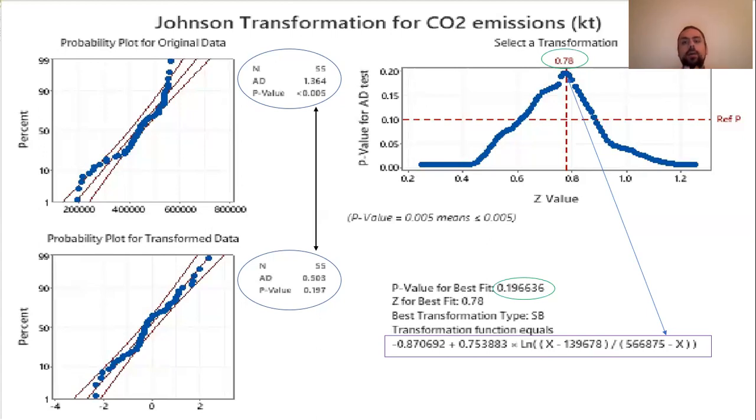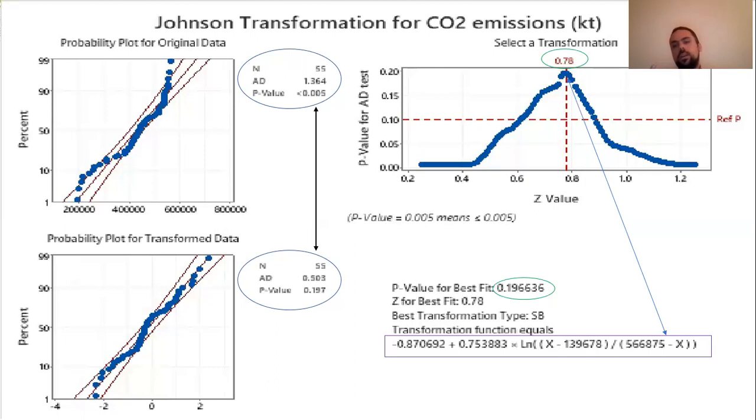This transformation happens by a transformation function equation. You can find it on the right side on the bottom. This one is the transformation function equation. Please pay attention that this transformation function equation is created by a method. So right now I want to talk about this method briefly. On the top in the chart we have a z value and p value. Our z value is a range between